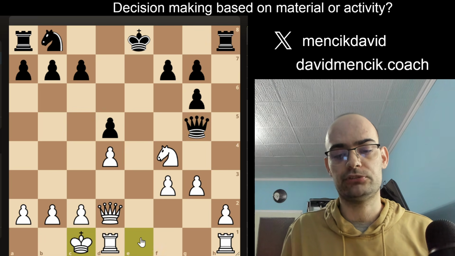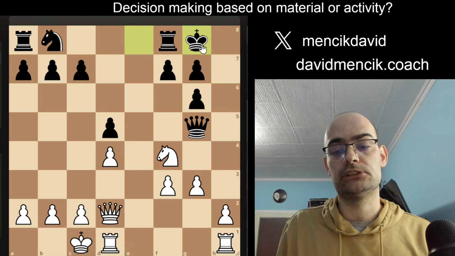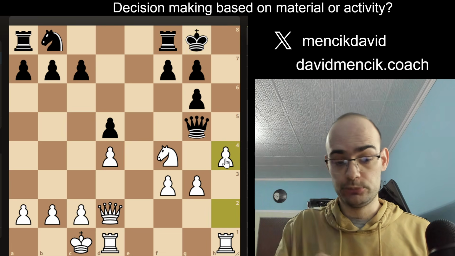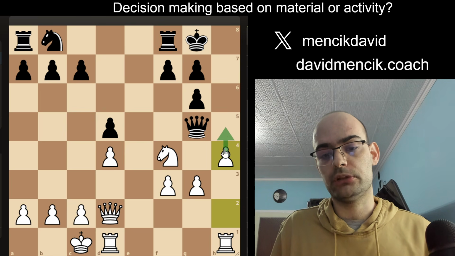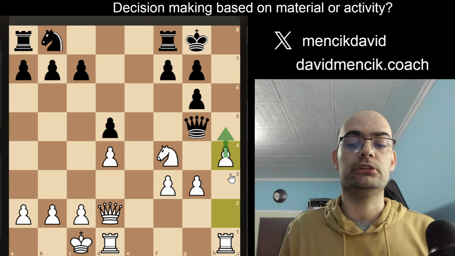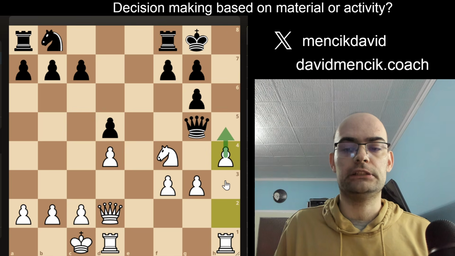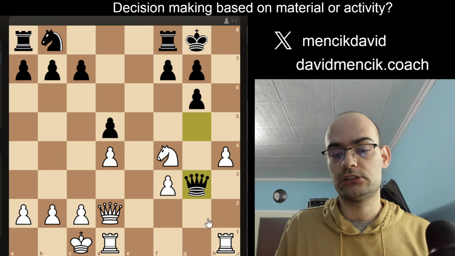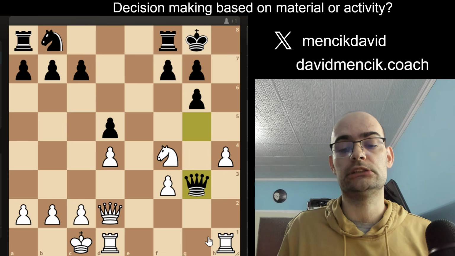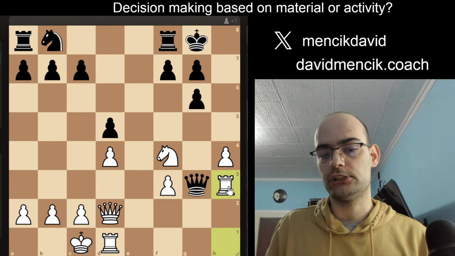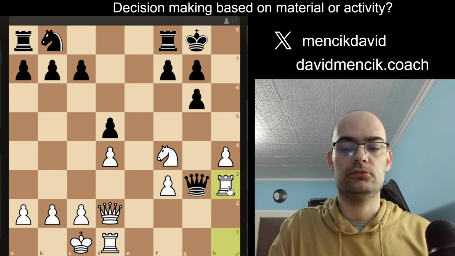For instance, after castles long and castles short, white can play this beautiful move h4, attacking the queen again, and then if the queen moves, then h5, continuing to put on pressure and opening the position, if possible, on the king side, where the queen is weak. Of course, the move to notice here is queen takes g3, but after rook h3, the queen is actually trapped, doesn't have any squares, and black can resign.